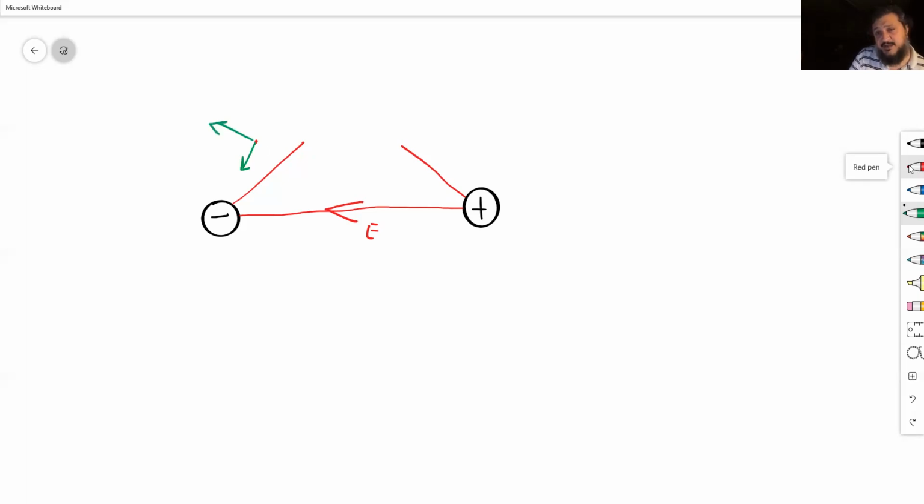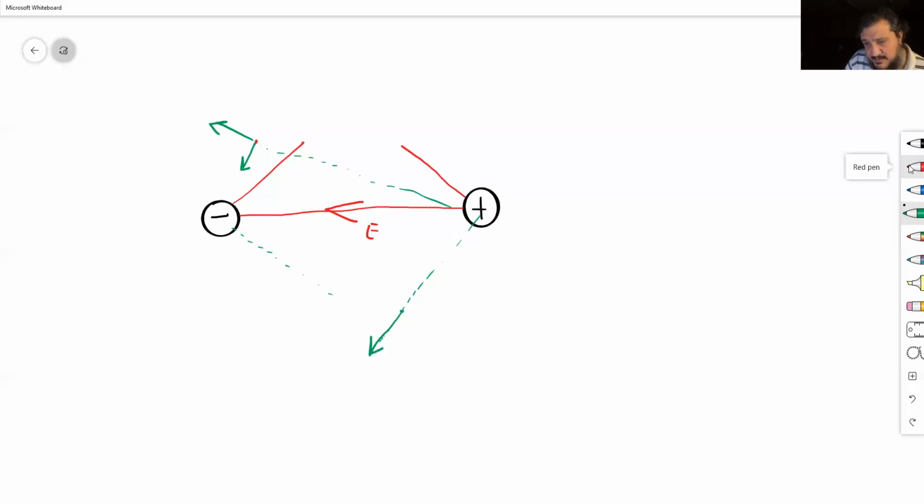Why? Because it has to be radially outward. Imagine this point right here. If I imagine a line that joins that point with the positive charge, I will need a field due to the positive charge that points this way, but due to the negative charge,